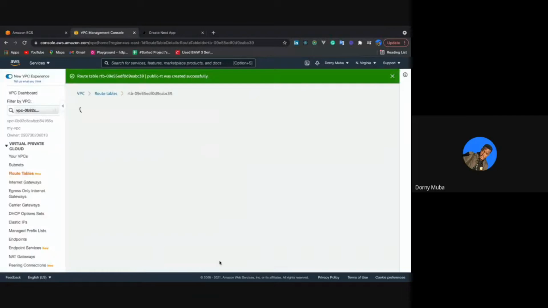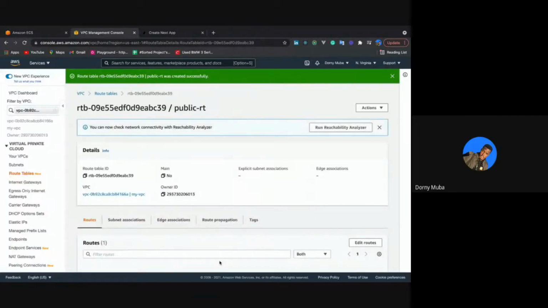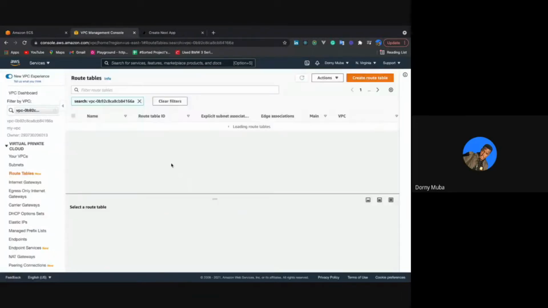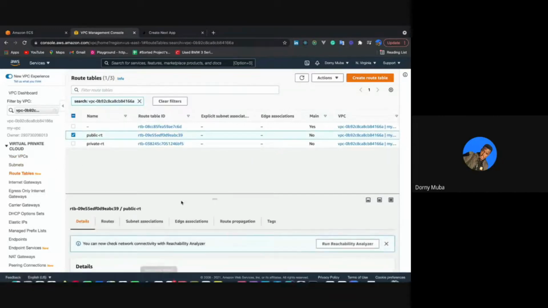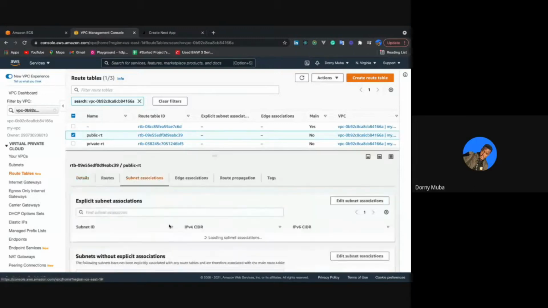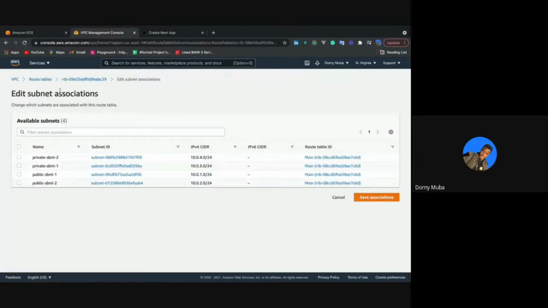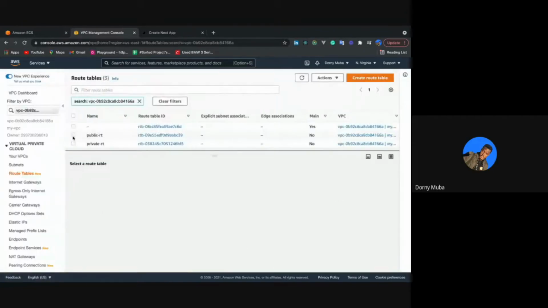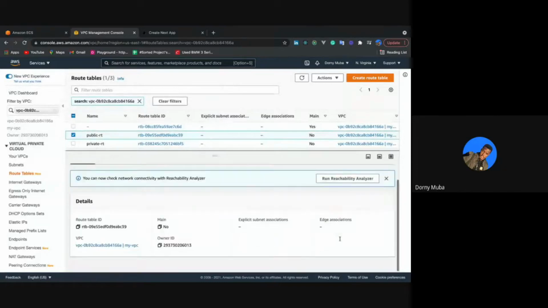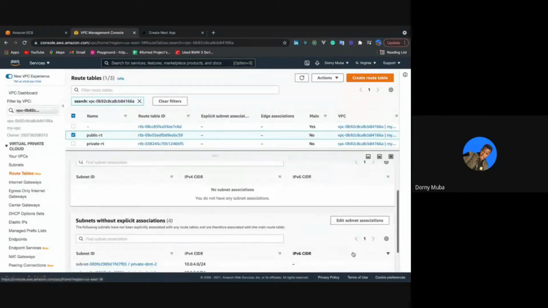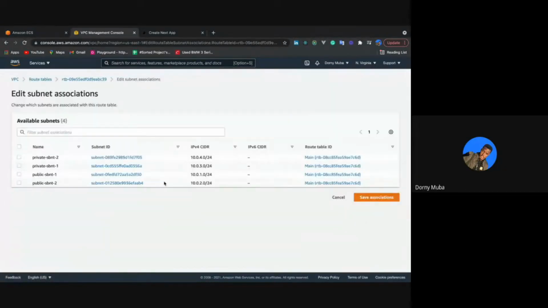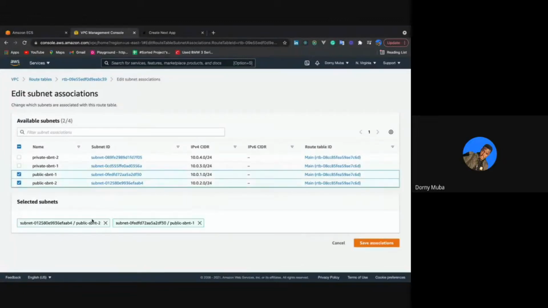Okay, and then at these points, I should be able to see my route tables there, but I'm just going to do a route table association here quick, or the subnet association there. Just go here, edit this association. I don't even know what I selected. Okay, let's go with the public first. Subnet association, edit subnet association there, and then I'll go with my two public subnets there, all associated with that,